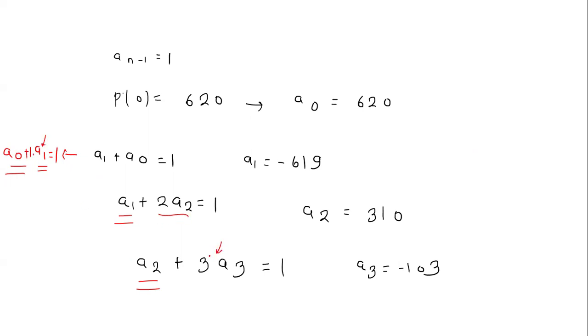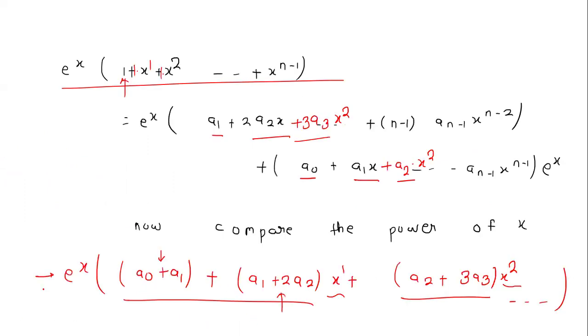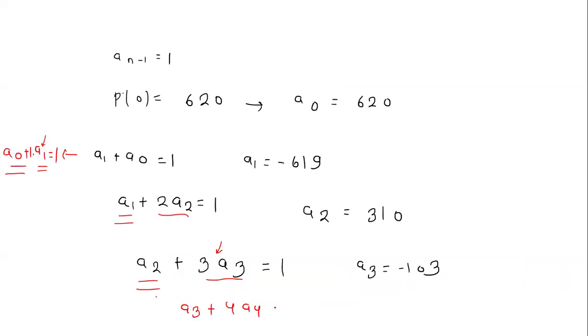So here you have 1 times a1, 2 times a2, 3 times a3. So you are seeing one pattern: next you can form it in this way, like after a2 it will become a3, and here we have 3 times a3, so it will become 4 times a4. And in the left hand side you see all these coefficients are 1, like the x power 3 coefficient, x power 4 coefficient, and up to the x power n minus 1 coefficient, all are 1, so this will also become equal to 1. So in this way we can make different equations.